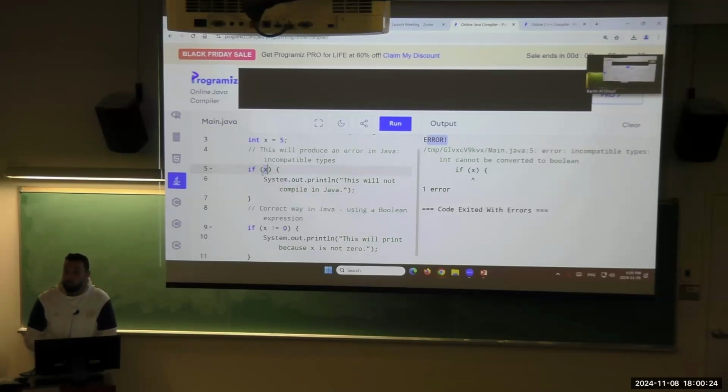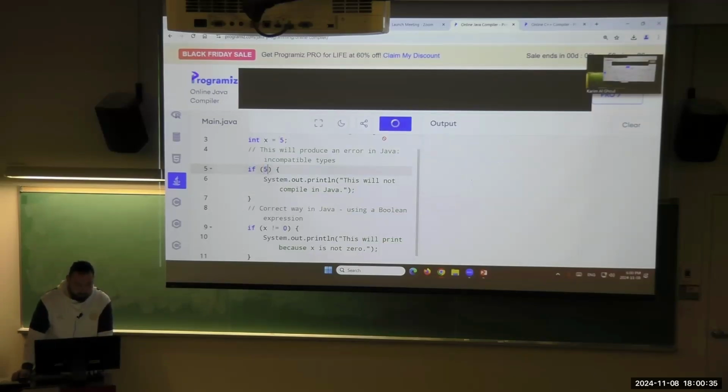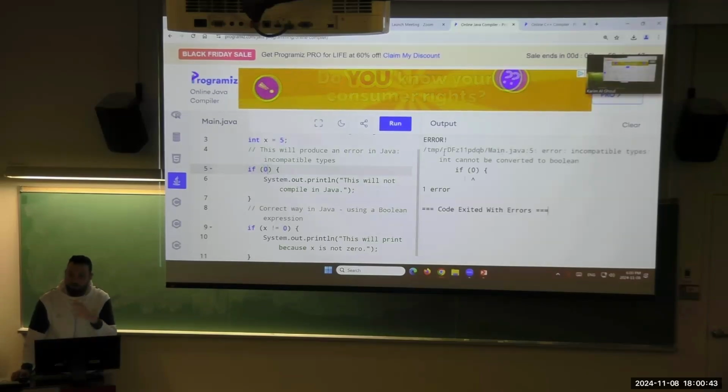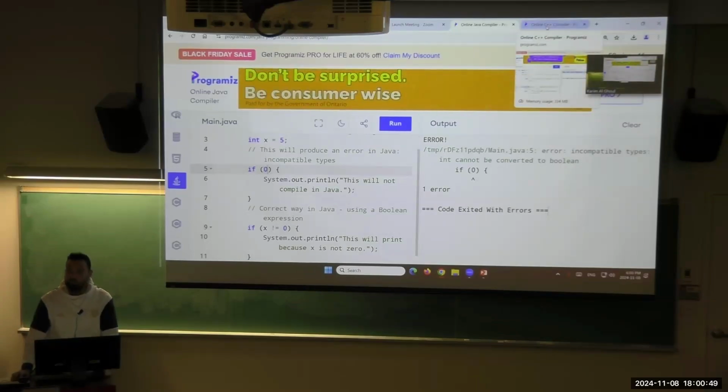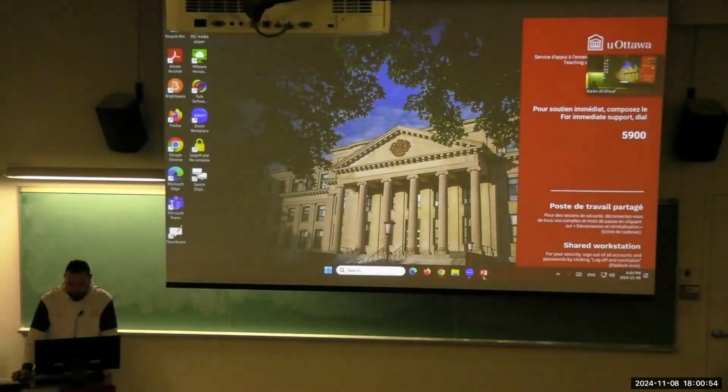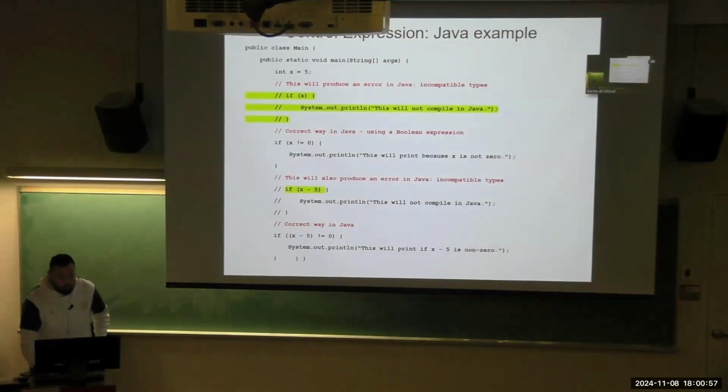Yes. Place x as 5, the integer is 0, would that also run? Let's see. I don't think so. Like, you can say if 5, because this is 5, right? It will not work, I think. And let's say if 0, it's the same concept. So it will not work because it needs Boolean. So if you say if true, it will work, for example. So let's go back. So this is a good design when it comes to